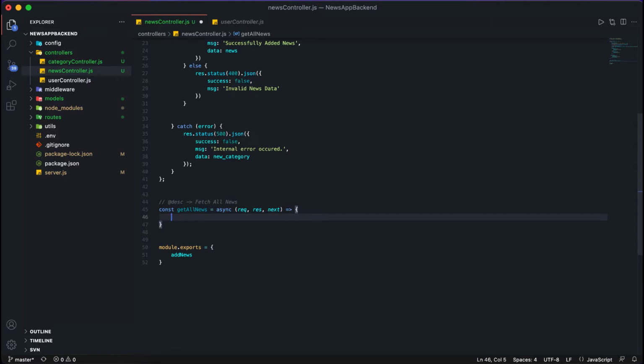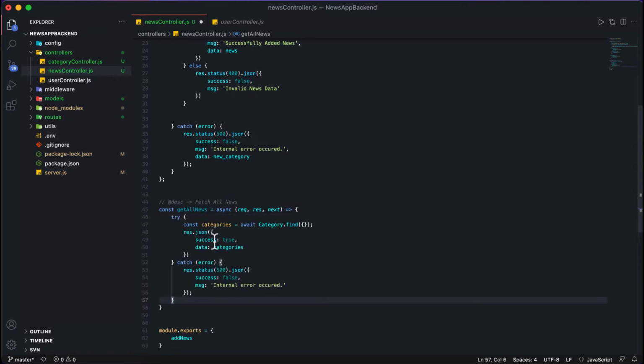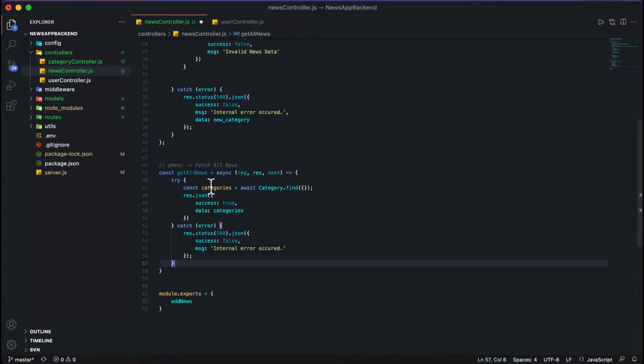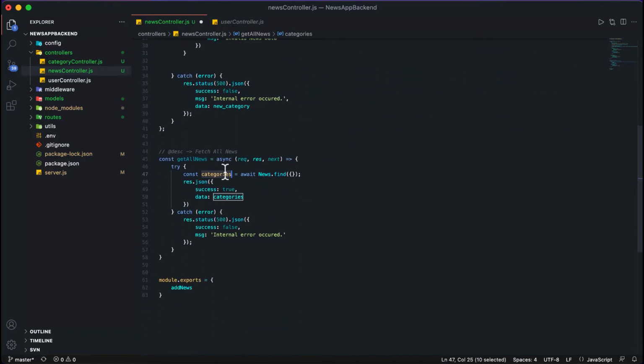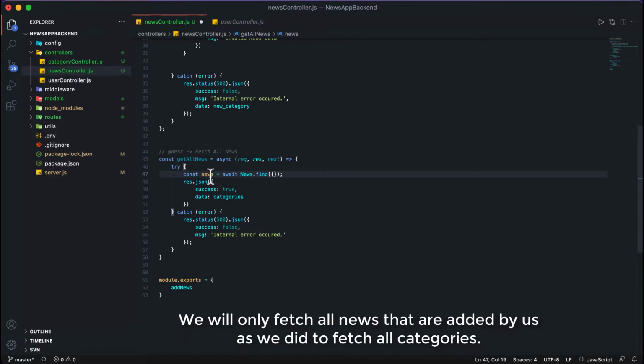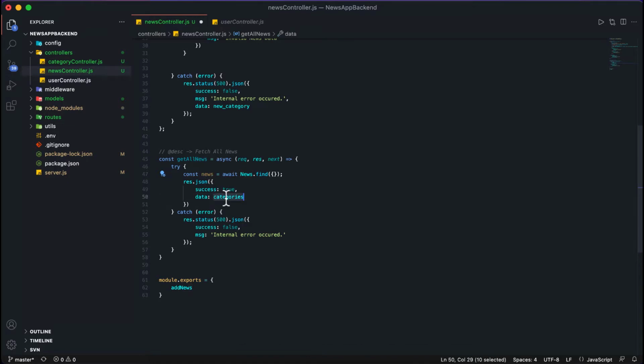Okay, and I will paste what I copied from this category controller, that fetches all the categories. So here I will change to news instead of category. Let's see, yes, it is news. Then we'll change this to news, and we'll send back the news here. Okay, then I will save, and then I will export the function, that is get all news.